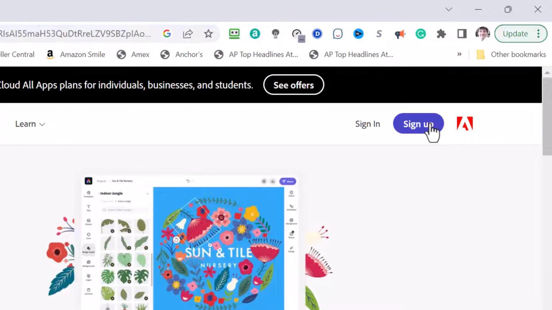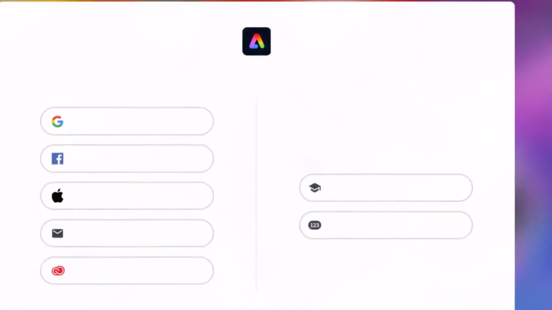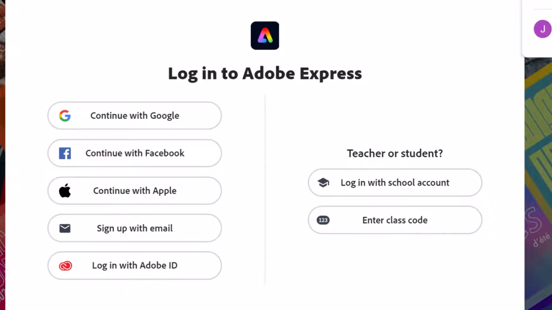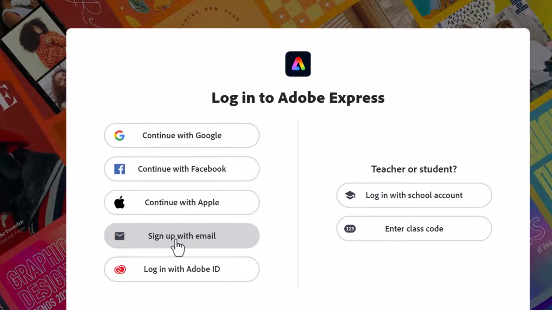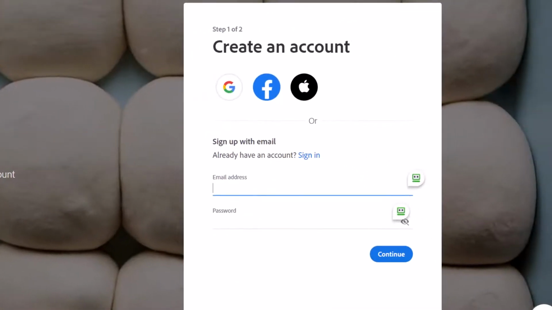Or I can sign up. And that's what I'm going to do this time to show you how to sign up if you don't already have an Adobe account. Again, you see all the options that we have for signing in. I'm going to click Sign Up with Email. And now I'm going to put an email in there that's different from the one that I actually use for Adobe. I'm going to go ahead and put in